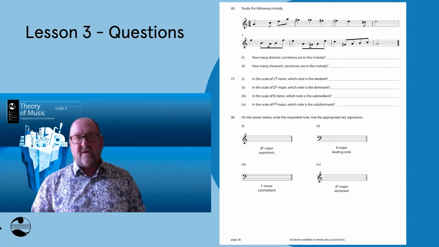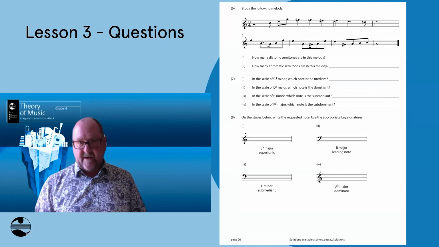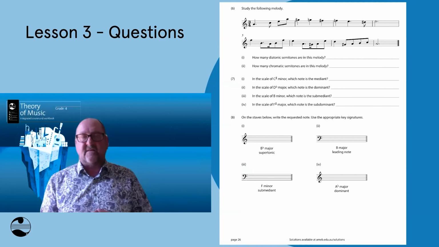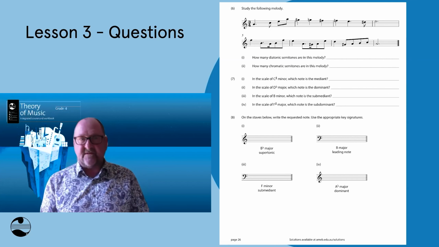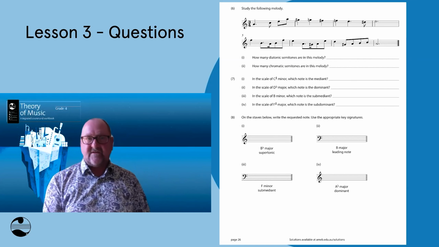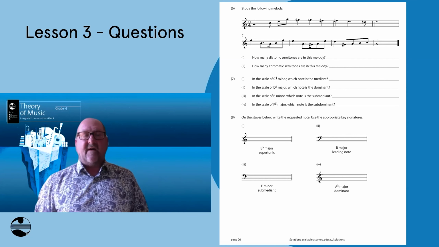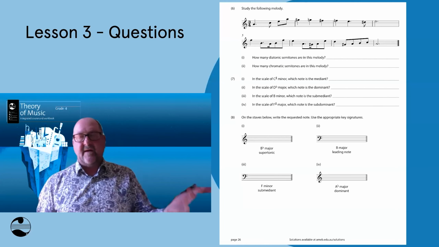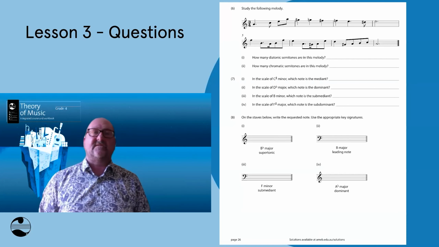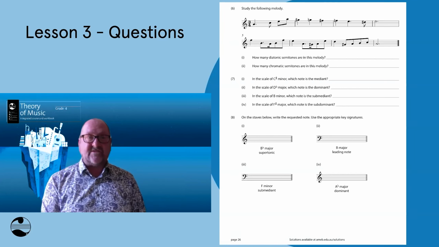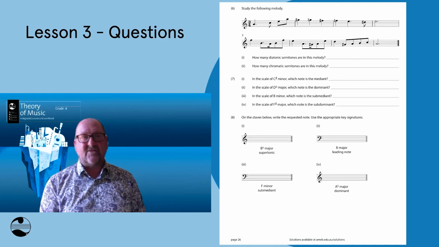And if we go on to the next screenshot, here's an example of what the questions look like in this chapter. So where possible, I like to get students looking at actual music. I don't like asking them abstract questions. I like them to do a bit of analysis. The first example on this page is a melody that contains diatonic and chromatic semitones, and I've just asked students to work out how many diatonic semitones and how many chromatic semitones there are by looking at the music. And I will say that question looks straightforward, but it actually requires quite a bit of sleuthing.